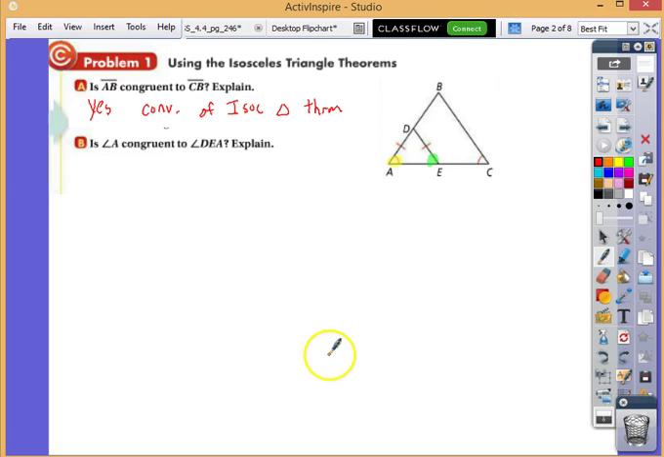Well, you know that AD and DE are congruent, so that makes it an isosceles triangle. So you can use the isosceles triangle theorem to say that those two angles are congruent. So yes, and the reason is the isosceles triangle theorem. Now, this might become useful in a proof